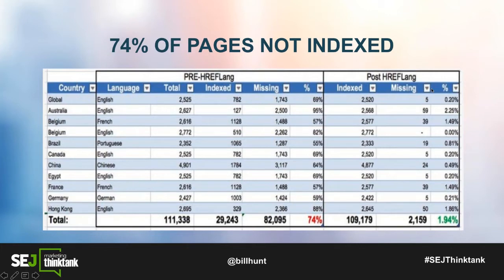And we literally took their XML sitemap, checked it against what was indexed, and from there found out that they were missing 74%. Now, if 74% of the pages aren't indexed, that's 74% that can't be scored. And if they can't be scored, you can't rank. And it was very interesting as we fixed a lot of these problems, which was simply getting rid of the extraneous errors. On the next slide, we see what started to happen.